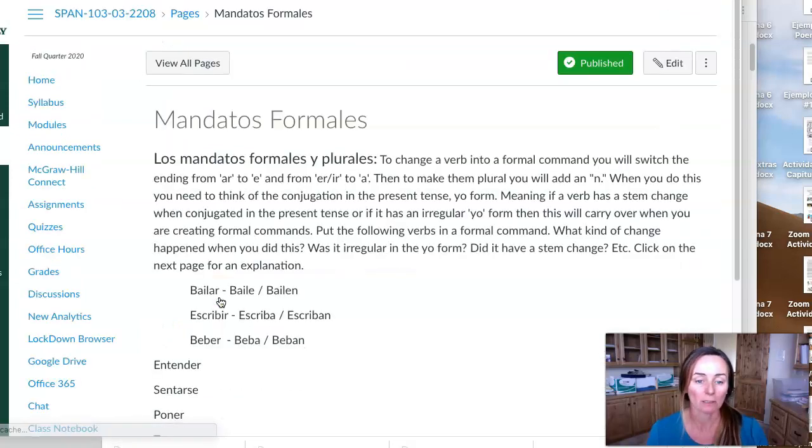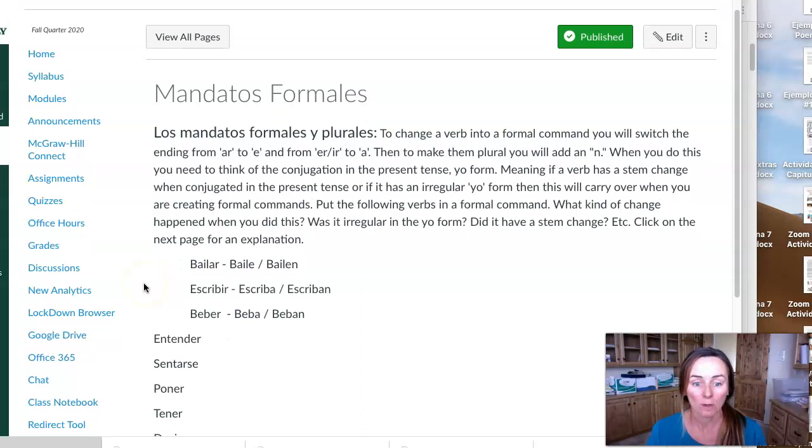So this is some of the material that we're going to go over that's going to prepare us for the rest of the quarter. So putting verbs into mandatos formales is going to be similar to putting verbs into the present subjunctive. Bien, so we'll start talking about that next week, but this is just a little bit of explanation. To make a formal command or a plural command, you need to switch the ending. So AR verbs become E, plural, bailen. So formal commands, meaning I'm going to, in a person of authority, I'm the instructor, so I'm going to command one of you guys to dance. I would say baile, right? Baile usted, right? To show formality.